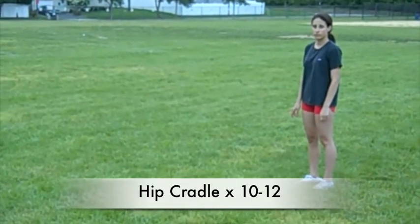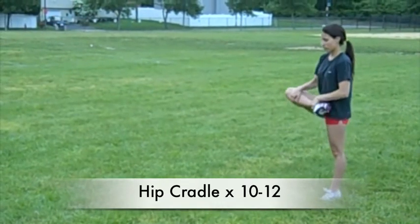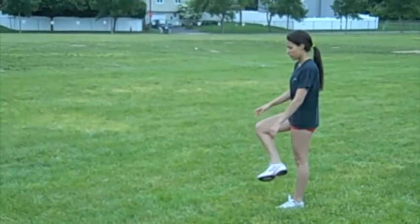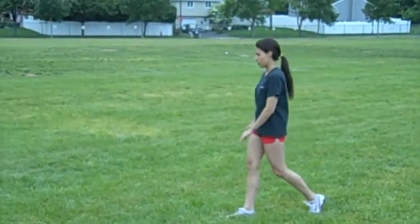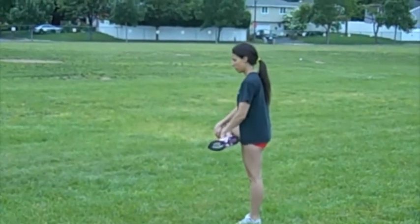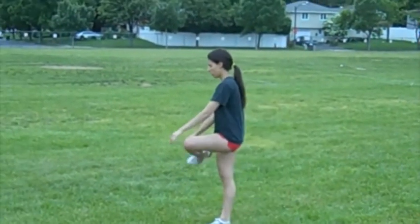Our final traveling dynamic drill is a hip cradle. Now here what we're going to do is lift the shin and grab the outside of the ankle and tug upward, and what we're going to do here is stretch the glute on the side of the leg that's being pulled, and we're also getting some good calf activation, a little balance and stability work on that